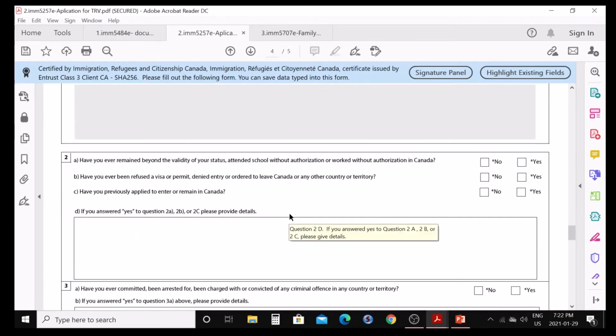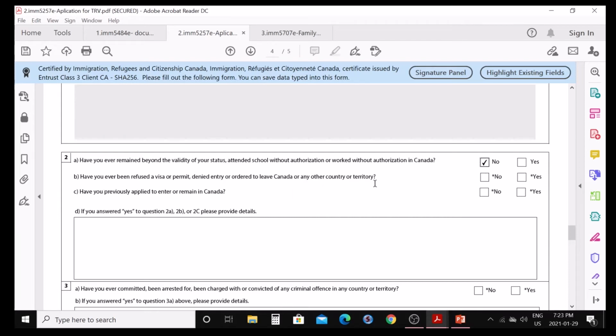Question number 2, have you ever remained beyond the validity of your status, attended school without authorization, or worked without authorization in Canada? In a super visa case, I will say no in many cases, but if there is any case of yes, say yes, and write all the details here, otherwise say no. Have you ever been refused a visa or permit, denied entry or ordered to leave Canada or any other country or territory?